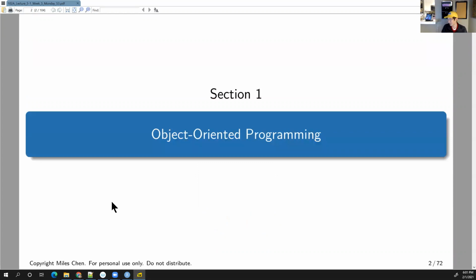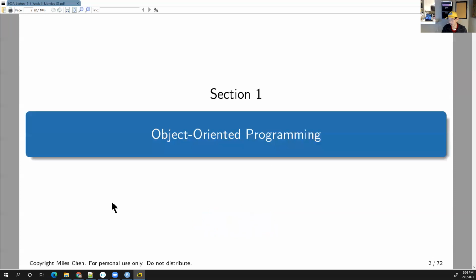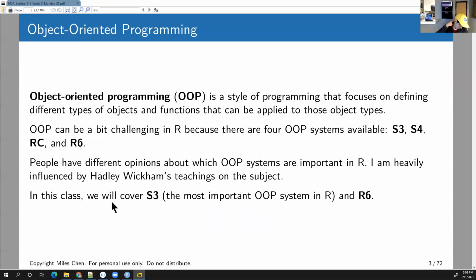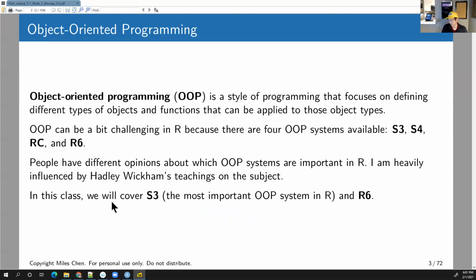And so what we'll cover today is we're going to look at some object-oriented programming systems in R, and in particular, we're going to look at S3. And credit to Hadley Wickham for a lot of this material is taken from his